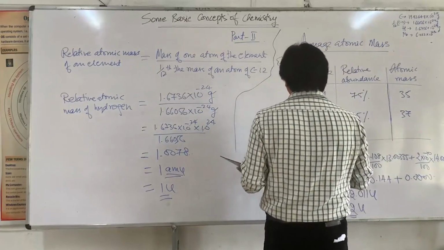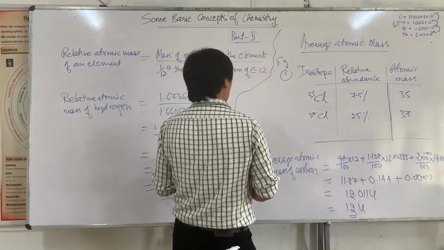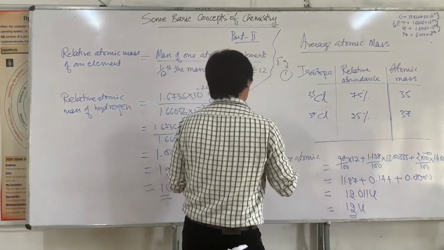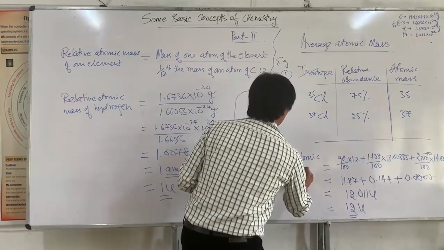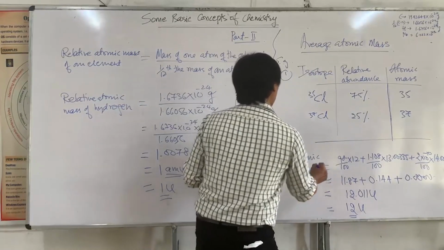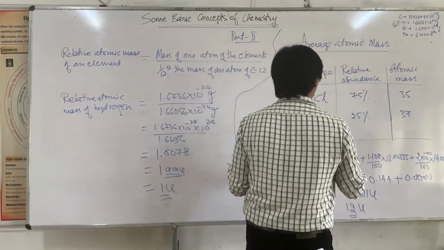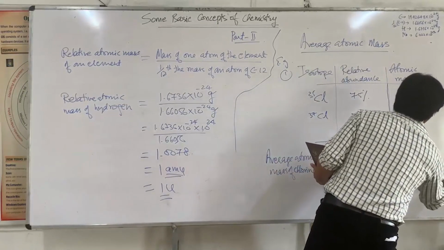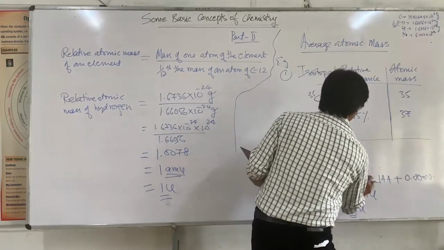When you work it out, the average atomic mass of chlorine is equal to, again, you take the percentage of these